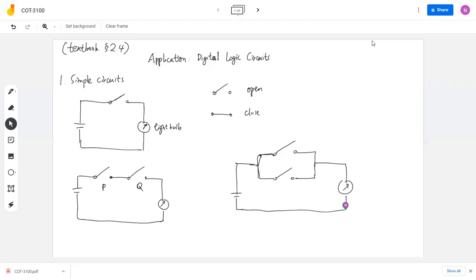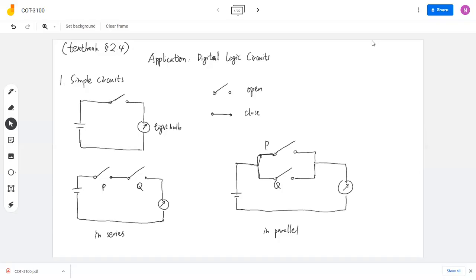And suppose this is P, this is Q. So this is in series, this is in parallel. So if you look at the behavior of these two switches and the light bulb, you're going to see